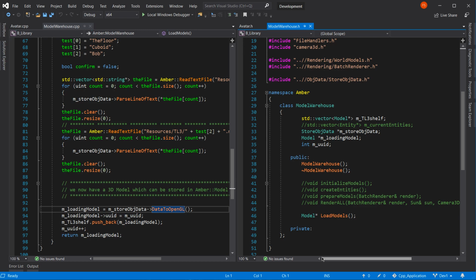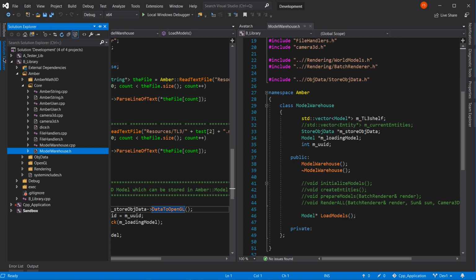We need to alter that back to all situations. The textured model is still allowed to have colour, and that was the problem that I had with it. So it is our data to OpenGL method that is going to cause us the most problems,